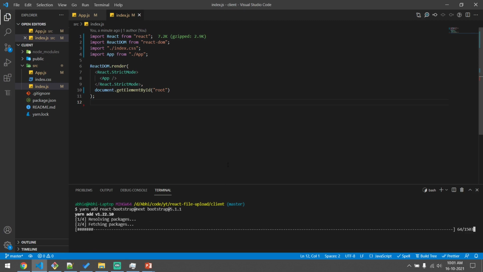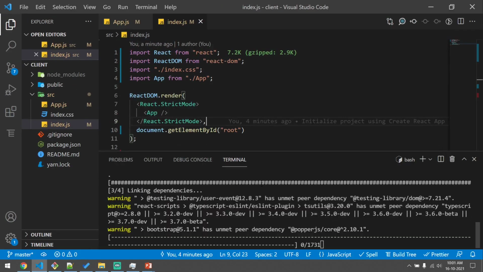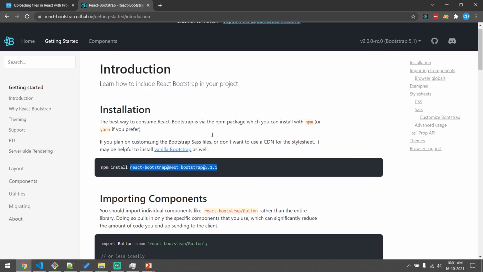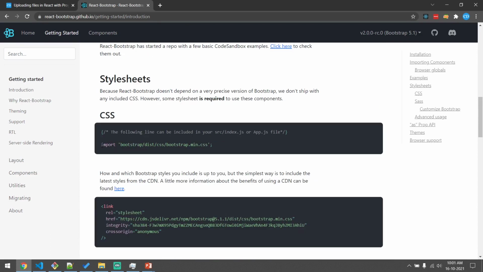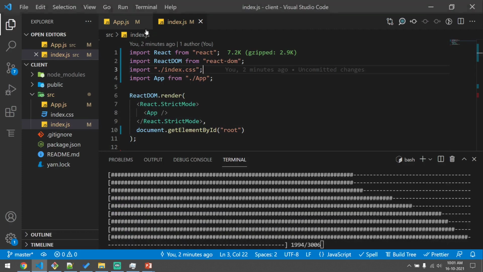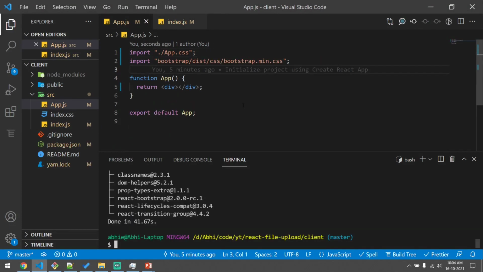Let me just zoom the editor for better visibility. Let the installation complete. Meanwhile, we'll go to the documentation, copy the import statement from here and go to App.js and paste it here. Now the installation is complete.